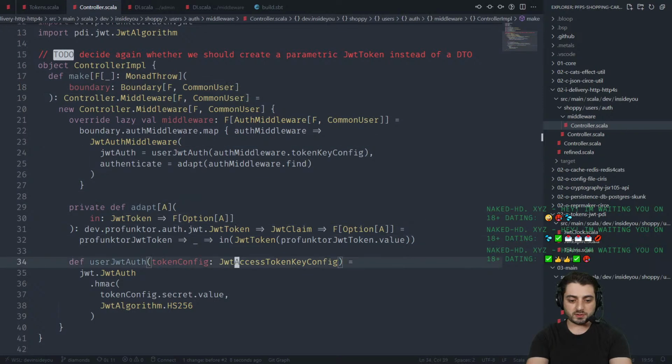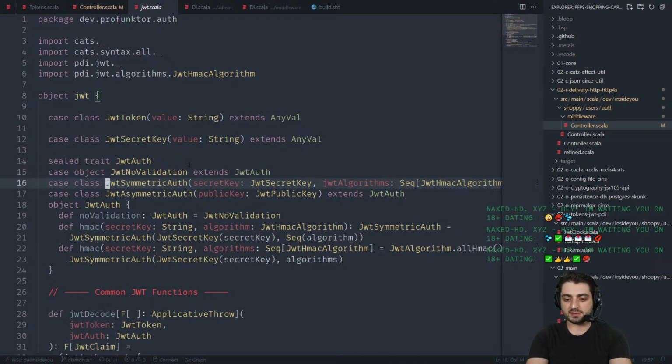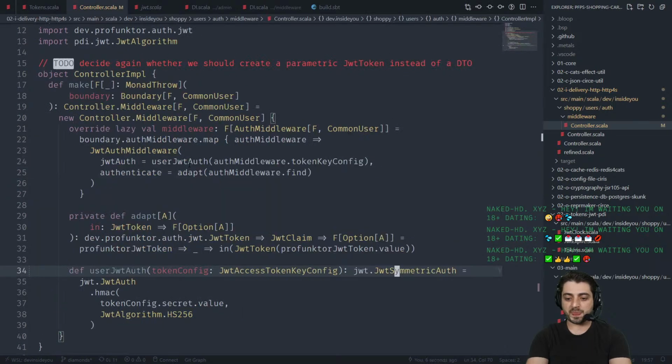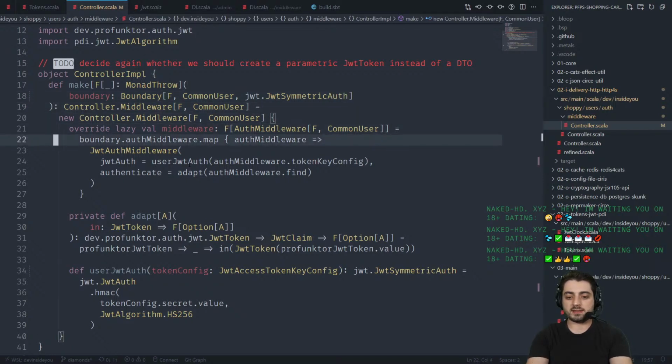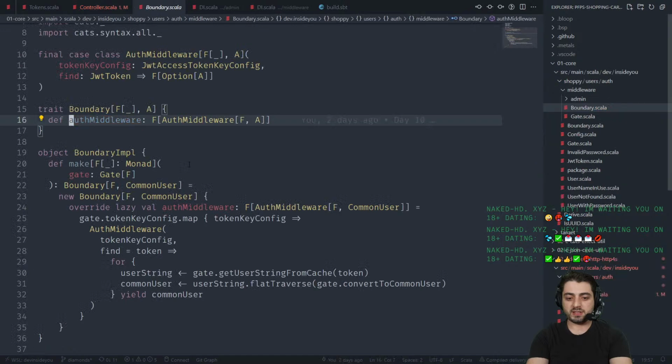Actually, hold up. Let's ask Metals to do this real quick. Okay, so this is like a JWT symmetric auth, right? But it extends JWT auth. And we don't even need to know that it is JWT auth, right? We just need to know that this is some sort of auth. But in this particular case, we're going to hard code it over here, the JWT symmetric auth. And then we're going to ask the authentication middleware, like this thing, which is now going to